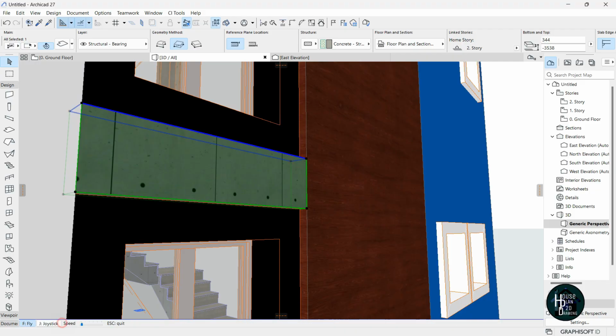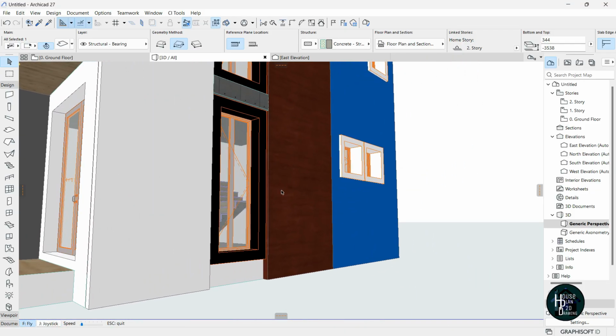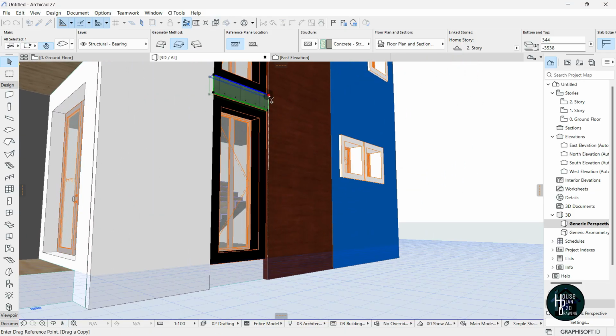Okay, now let's make another copy downwards. Press Ctrl Shift D, click this node here and move it down like so. Click this and move it down perfectly. Okay, now click this,